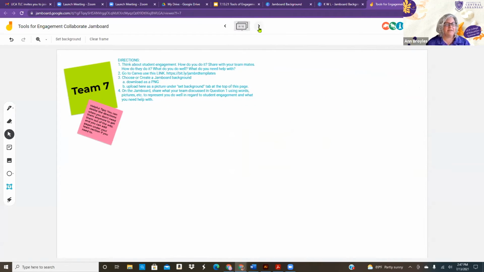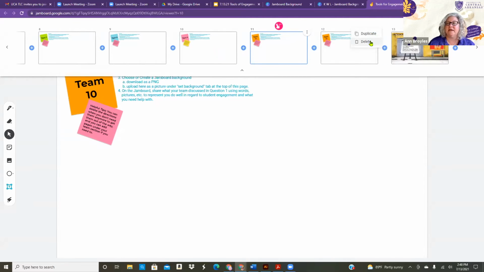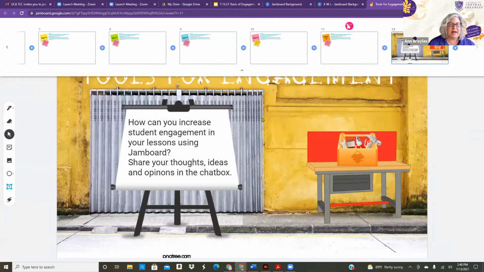So you can see, if you haven't used Jamboard before, just some little things that you can do. You can click on this little arrow right here, and then that pulls down the different slides. Let's say I'm going to go to the very end here. I wanted to add another team. I can click on these 3 dots, I can duplicate it, and now I've got another team. Or if I don't need all of those slides, then I can just delete them. And then I added this one at the end for us to kind of chat